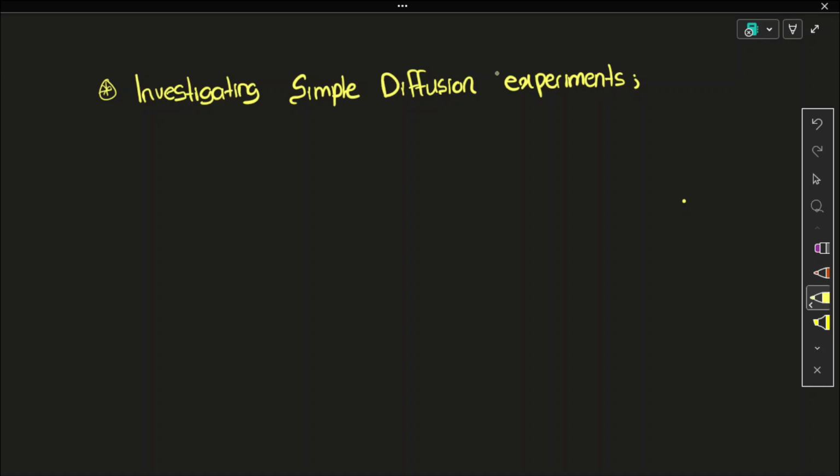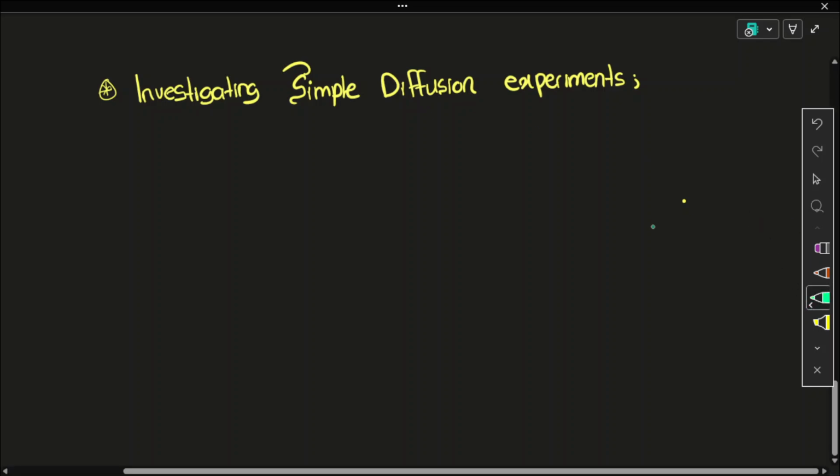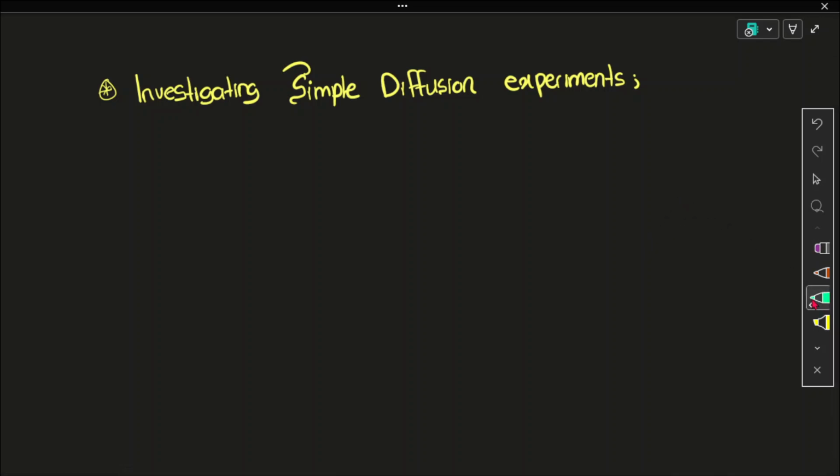Now, what are simple diffusion experiments? Simple diffusion is when simply things diffuse. I know that's not helping at all because you have no idea what diffusion is. It's like this. Let me show you. Now, these experiments,